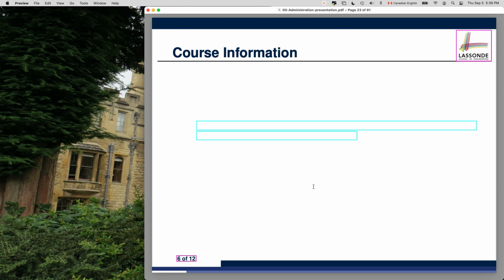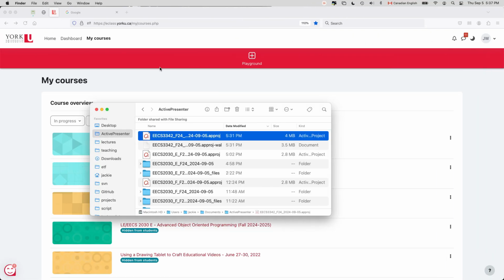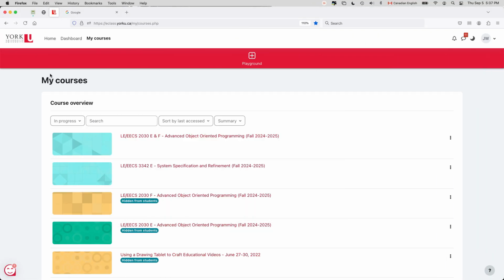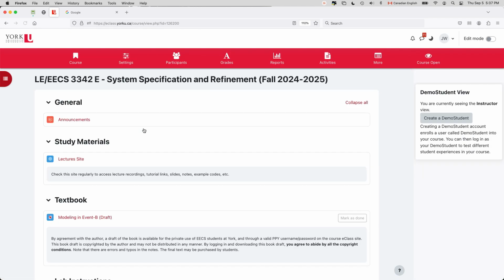All right, course information. There's only a single section for this course, so very simple. There's only a single E-class site, which you already have received about your lab number 1 instruction. That's good. Let me just go to that site. I want to show you something you can expect, which will be important. So 3342, section E. Over here,